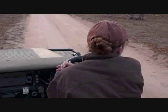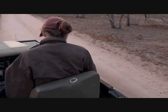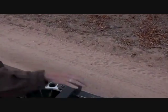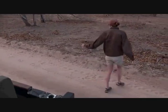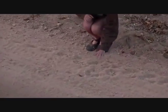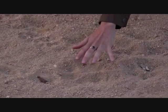On our side, we have some relatively disappointing news, not hugely disappointing, just relatively disappointing, and that is that I'm currently sitting on our northern boundary. I'm going to hop out and show you what I'm looking at. Going north are the tracks of our lions that we've been looking for. We've got a whole set of footprints, including the adults. This is one of the adults' tracks, making its way to the north, and next to it are tiny,